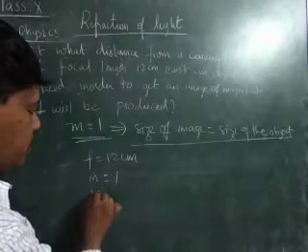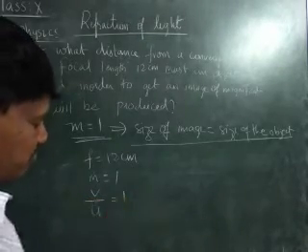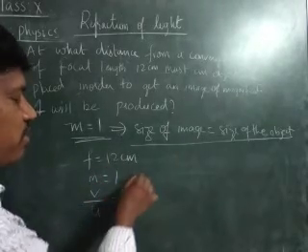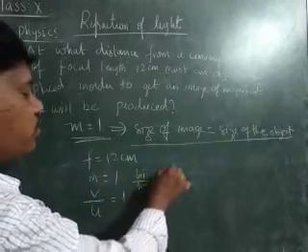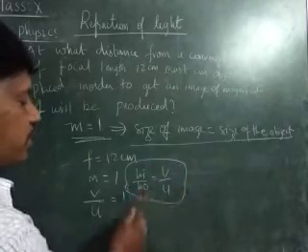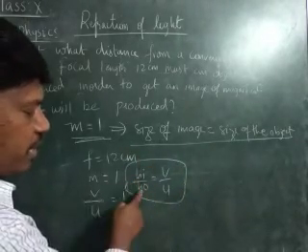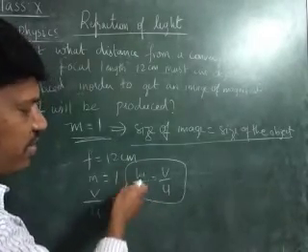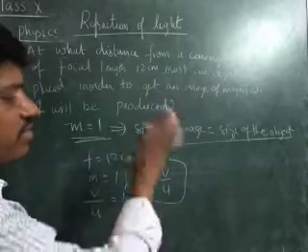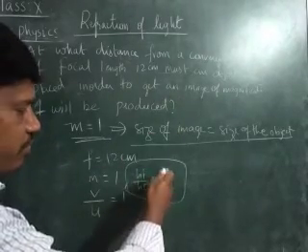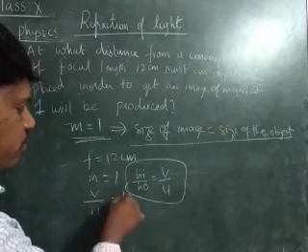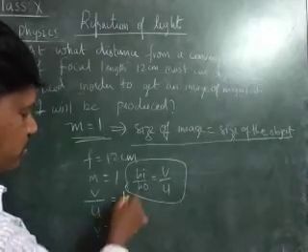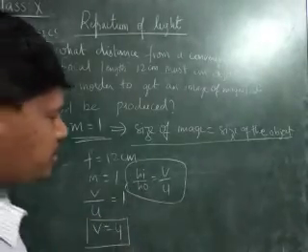Therefore, here we can write this as V by U is equal to 1. Why? Because magnification means HI by HO, height of the image by height of the object, which is equal to V by U. Here height of the object and height of the image are not given, no need. If one of these two is given, we can find the remaining. Here V by U is equal to 1. Therefore, V is equal to how much, children? V is equal to U.